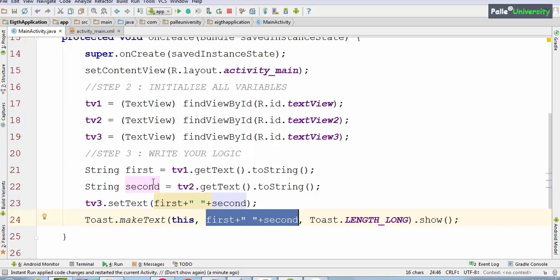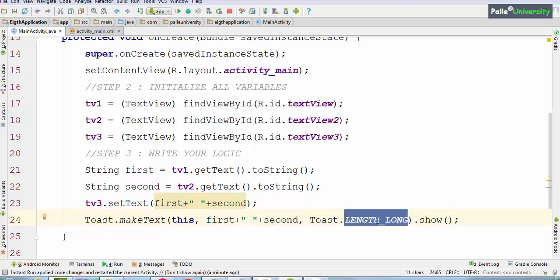In case your message is available in variables, you should not use double quotation marks. Directly give that variable as it is plus space plus the value of the second variable, and for how much duration you want to display, that is for 4 seconds, you have to supply Toast.LENGTH_LONG and a dot show.